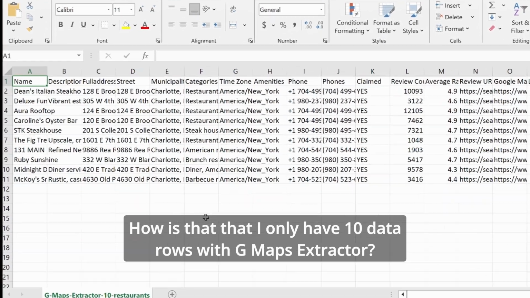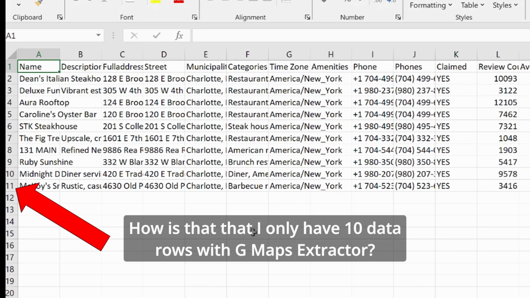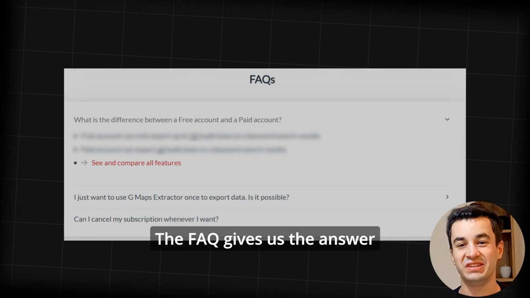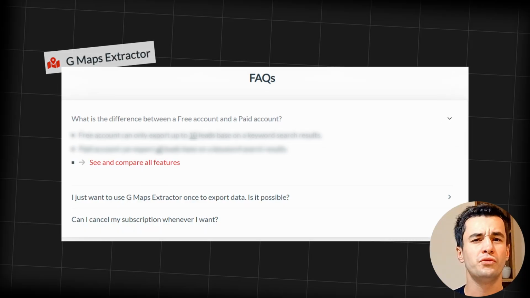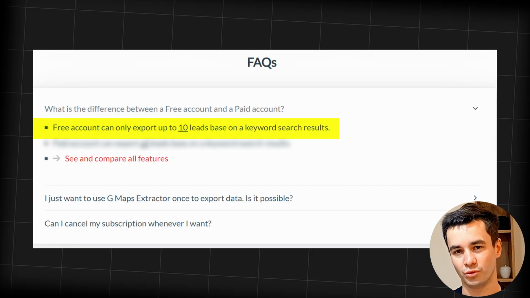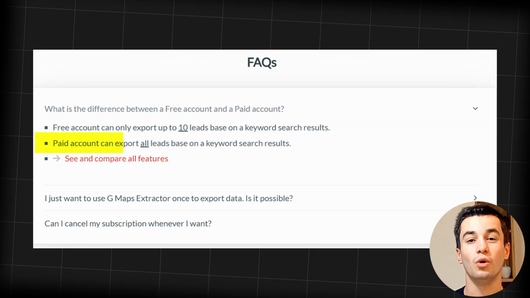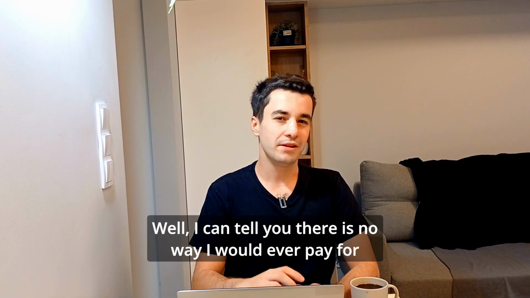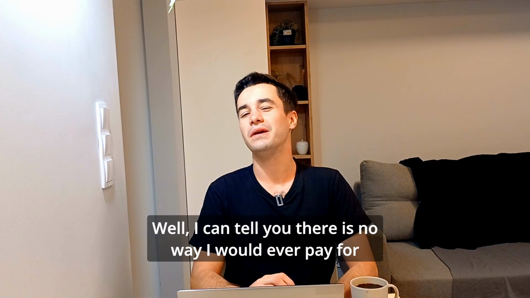How is it that I only have 10 data rows on G Maps Extractor, whereas Scribe.io shows 2000? The FAQ gives us the answer. Free account can export up to 10 leads based on a keyword search result. Paid account can export all leads based on a keyword search result. Well, I can tell you there is no way I would ever pay for